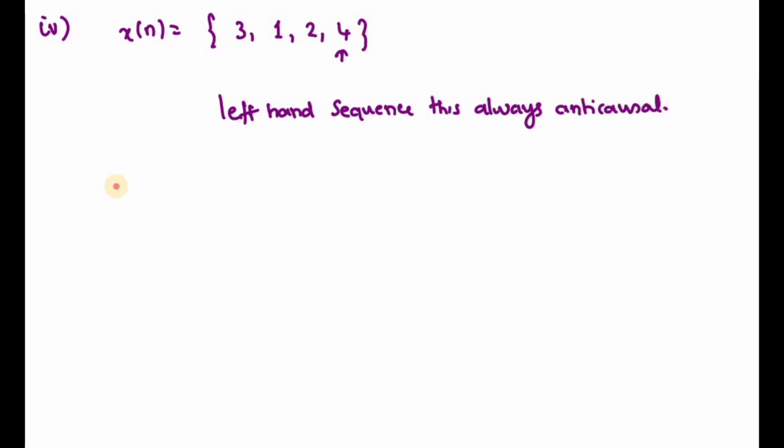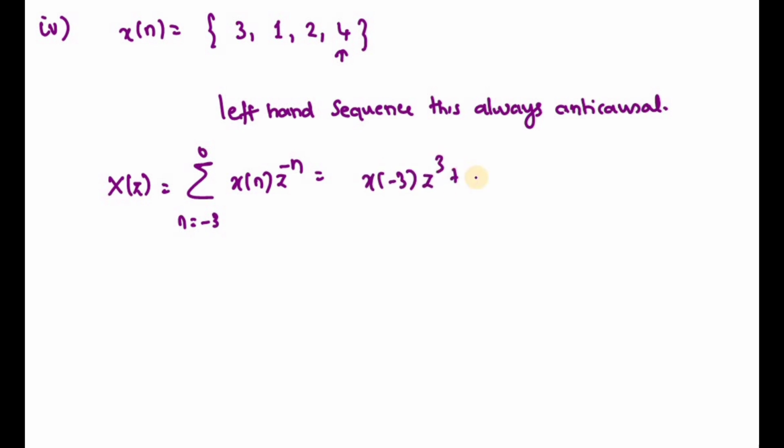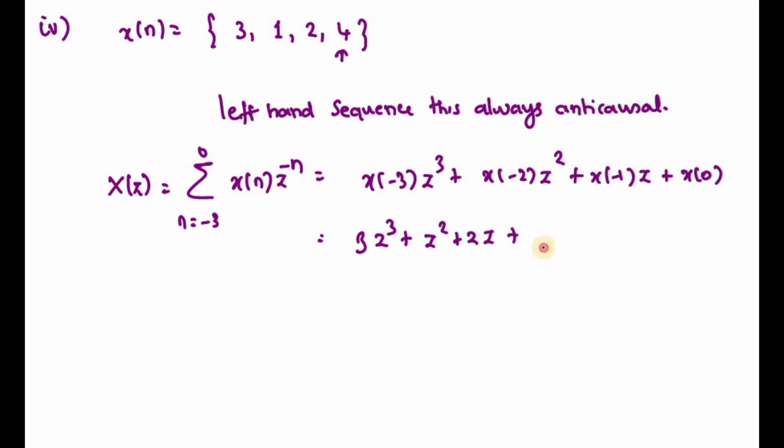So if I take x of z is equal to summation from n is equal to minus 3 to 0, right? x of n z power minus n. So this I can write as x of minus 3 z power 3 plus x of minus 2 z power 2 plus x of minus 1 z power 1 plus x of 0, right? So this I can write as 3 into z power 3 plus z power 2 plus 2 into z plus 4, right? So, the ROC is